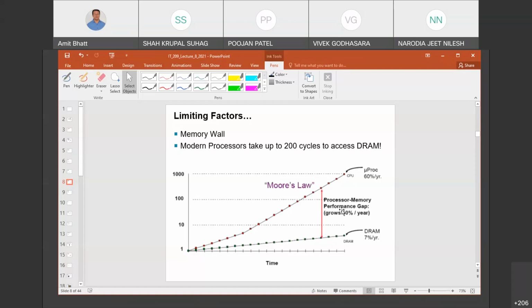So that means there is no point in making a very fast processor with a very low CPI if your memory is running very slow. Because even in a 5-stage processor, we know that the fetch stage and the data memory stage depend on how good your memory is. And if you have a cache miss, either in instruction or in data, then you have to go all the way